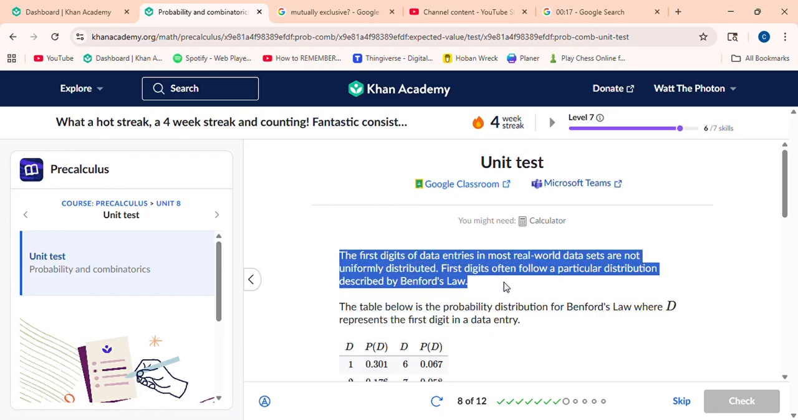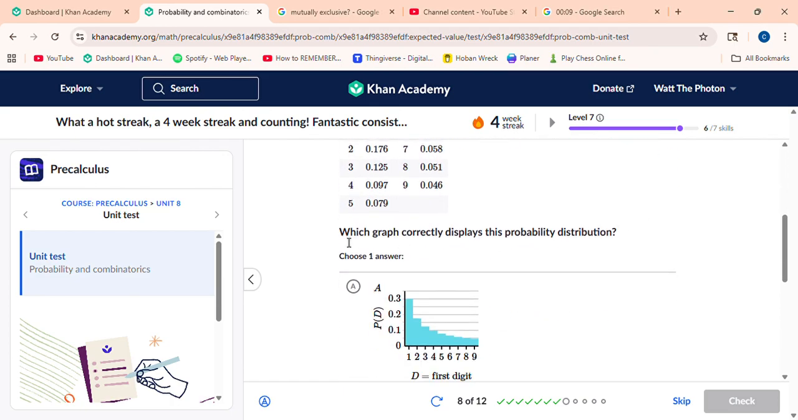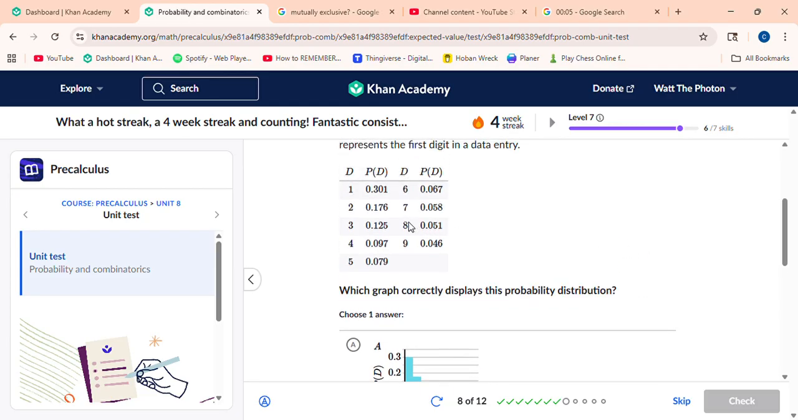The first digits of a data entry in most real-world data sets are not uniformly distributed. First digits are often followed by a particular pattern described by Benford's law. Which graph correctly displays this probability distribution? So we have